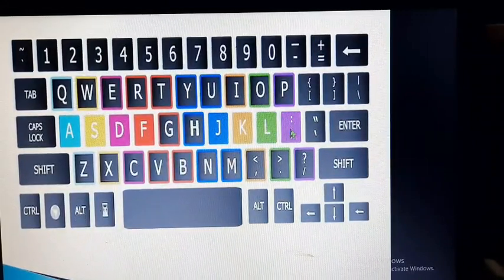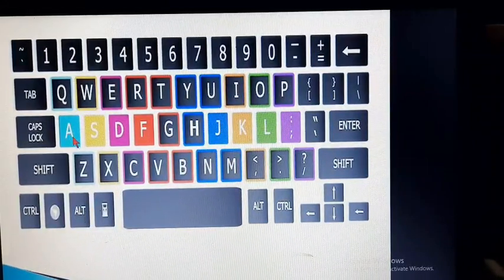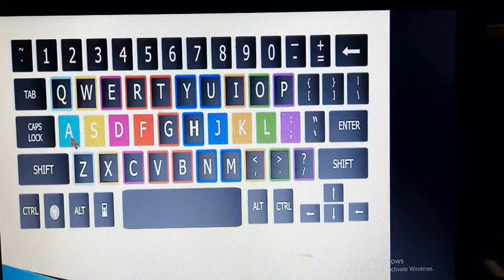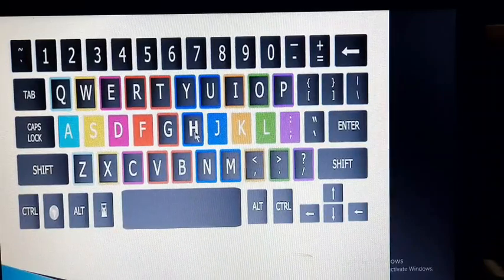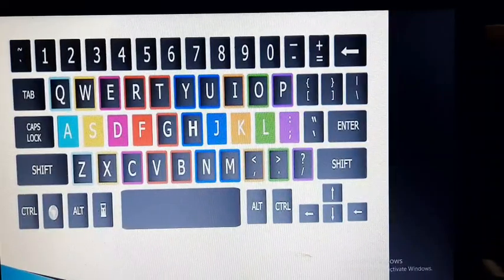This is the home row. The left hand uses A, S, D, F, G, and the right uses semicolon, L, K, J, H. This is the home row where you need to rest your fingers.